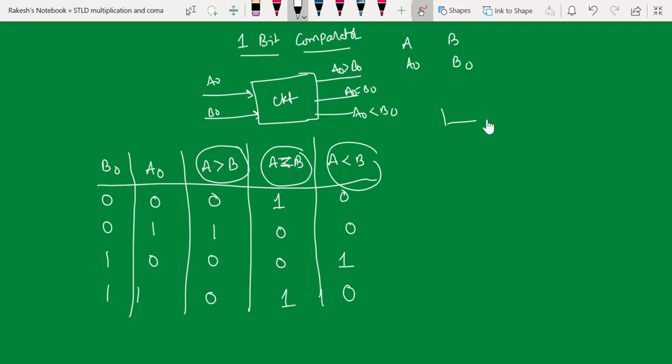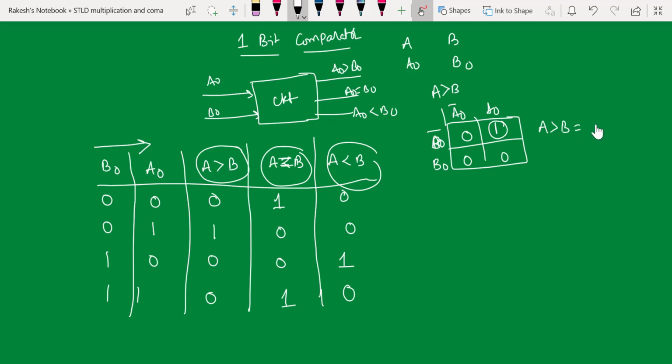So if I make a K-map for A greater than B first, I am going to write my B0 bar here, B0 here, and A0 bar here and A0 here. Please remember I am taking this direction. A0 is my LSB and B0 is my MSB. In this case you are going to write 0 1 0 and 0. So if I take the output for A greater than B, I am going to have minterm as A0 into B0 bar,